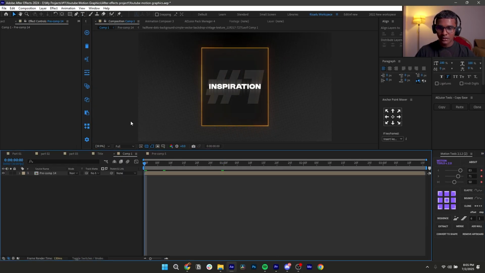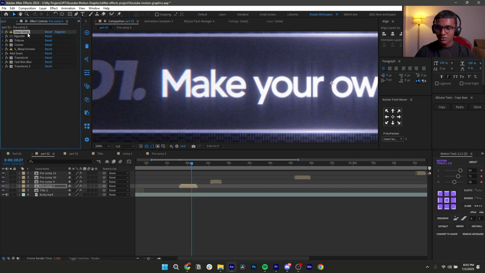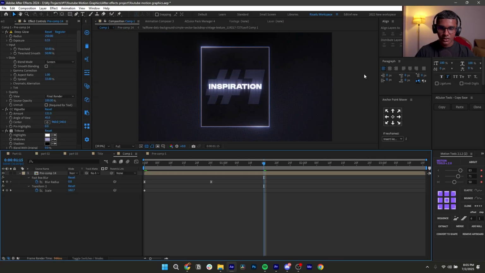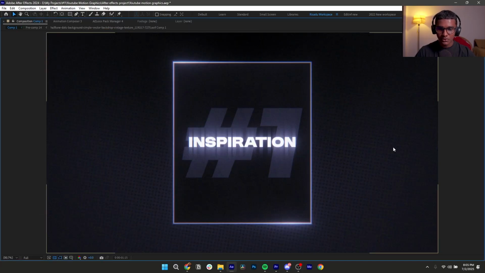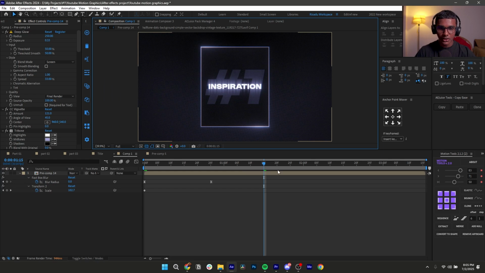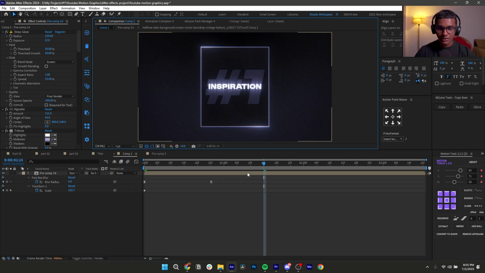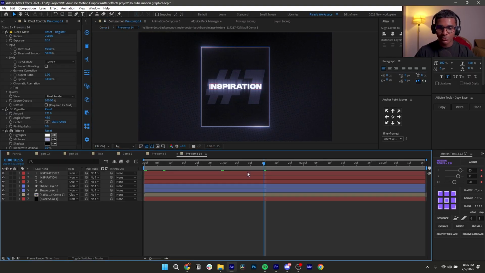Pre-comp that, and then the favorite thing that I always like to do is add my final effects. So after I added pretty much all of these final effects, you can clearly see how much of a difference it has made with the final look and everything. It gave a much more premium look. So this is basically putting like 2% or 5% of effort into this motion graphics,